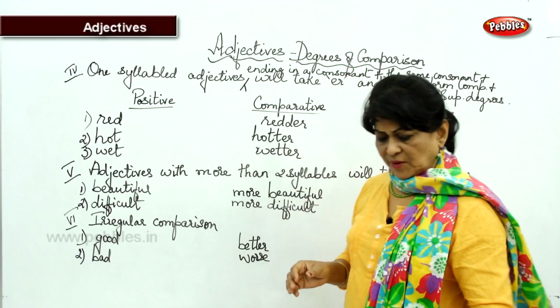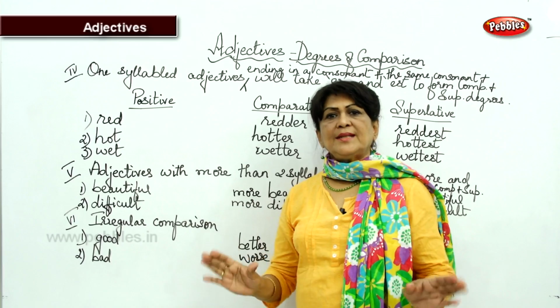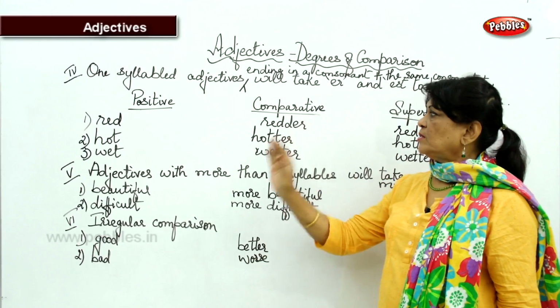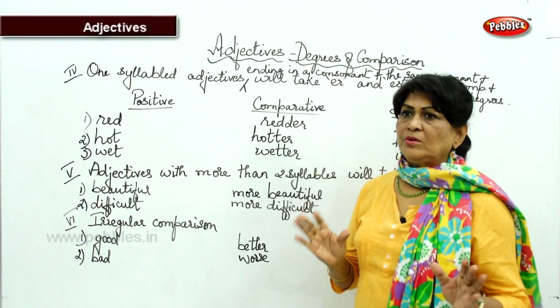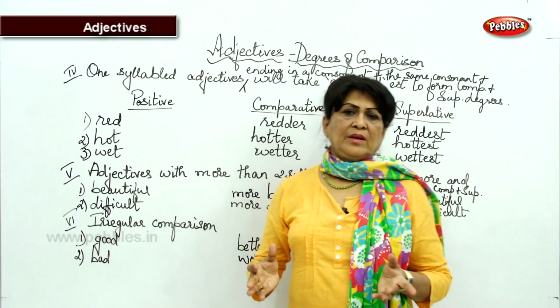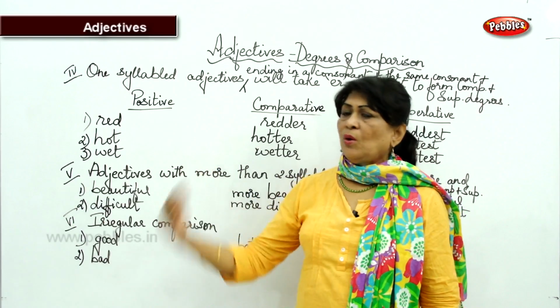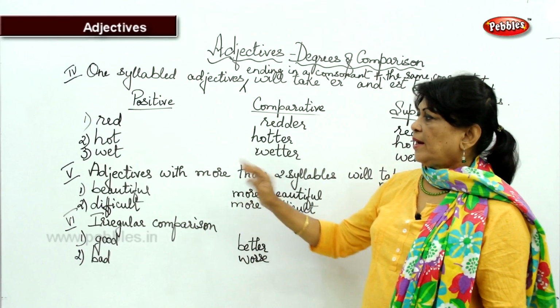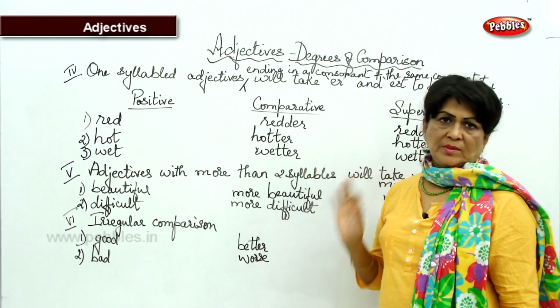Okay. So, these are all irregular comparisons. Okay. So, I have given you examples from everything we have done so far, 6 different rules, and I have taught you how positives take comparatives and superlatives. So, you go through, you can even verify Wren and Martin for more words, because if I keep doing all the words it will take a long time, but these are the rules and I have given you a few examples so that you will know how these are formed.